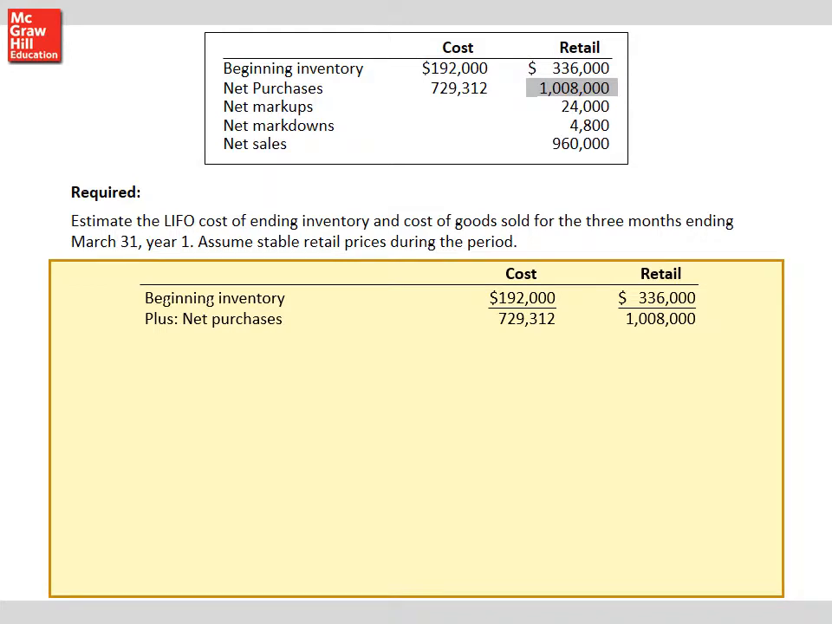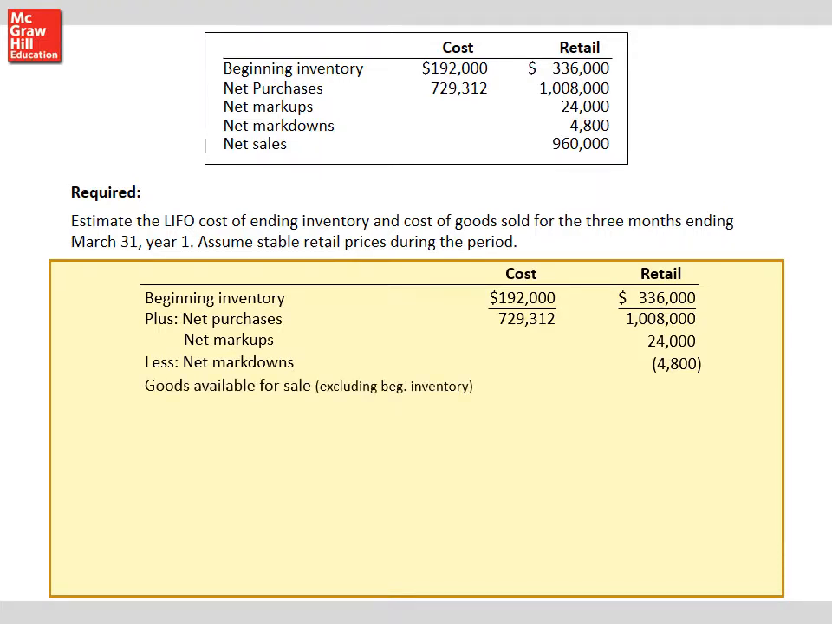If there was freight in, we would add that at this point to the cost, but there isn't. We're going to add our net markups on the retail side, because that's the side where you would increase the retail value from what you originally said you could sell it at. Then you would subtract your markdowns from its original sales price. So everything that could be sold,